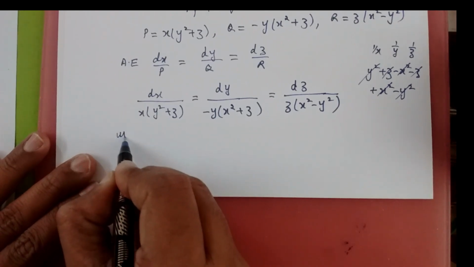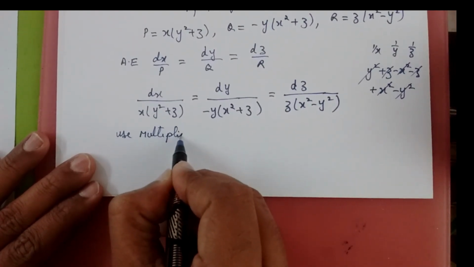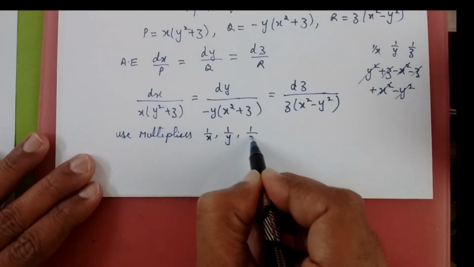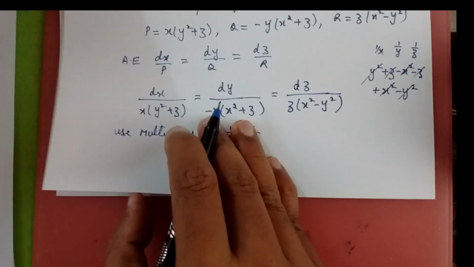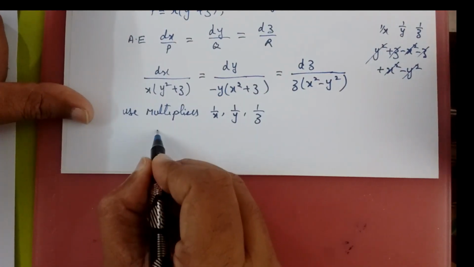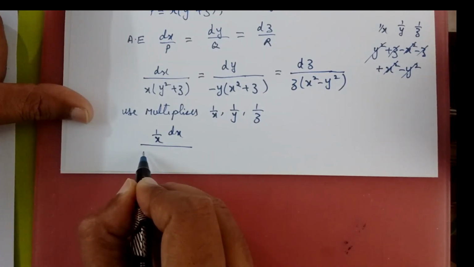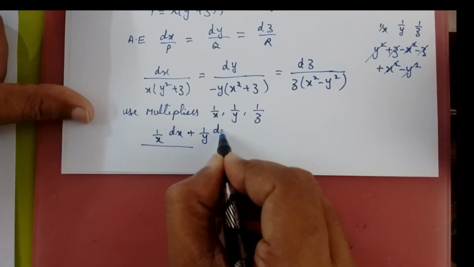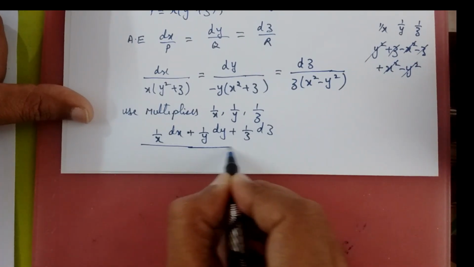So use the multipliers 1 by x, 1 by y and 1 by z. If you use the multipliers, I'll be getting 1 by x into dx plus 1 by y into dy plus 1 by z into dz, whole divided by